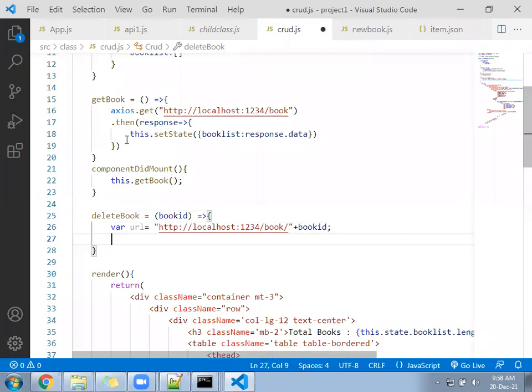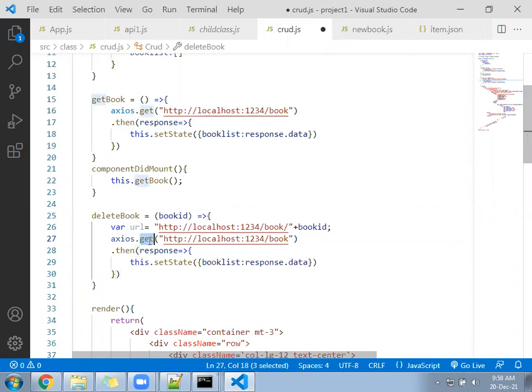Now after that, come down below and you have to write one request to the backend this way. Delete, and in that you have to pass the URL. So the URL will hold localhost:1234/book/book ID.